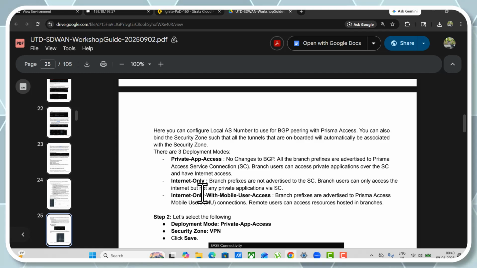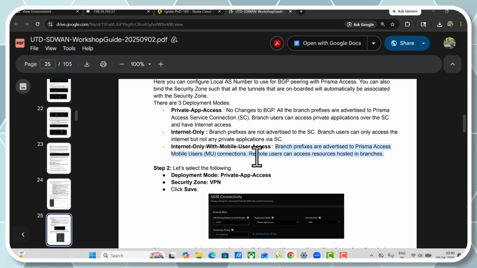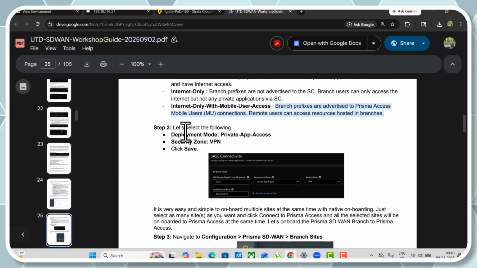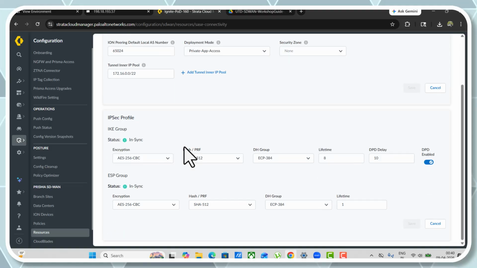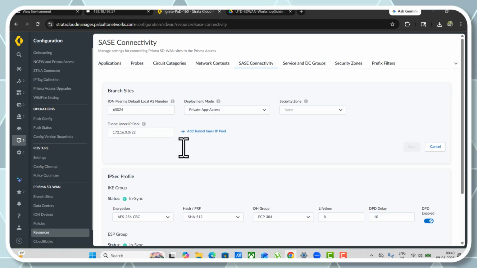Now internet only with mobile user access: branch prefixes are advertised to the Prisma Access mobile user connection. Remote users can access the resources in the branches. Let us select the following deployment mode: private app access, security zone VPN, and click save. So here in SASE connectivity, what we need to do, what it is saying,